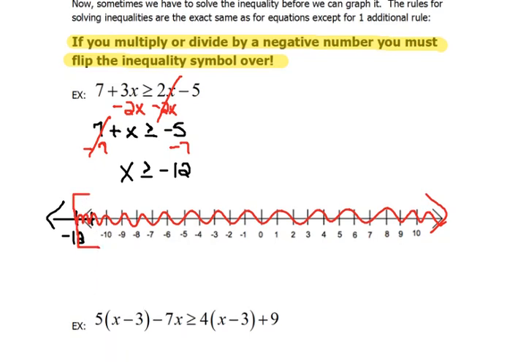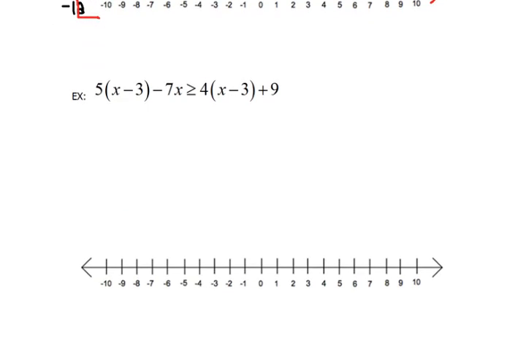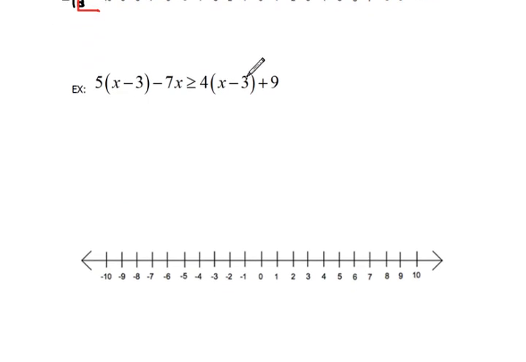Okay, let's try another one here real quick. And this one is actually much more involved. But again, our steps are the same whether we're doing equations or inequalities. The first thing we're going to have to do is our distribution. So when we do that, we're going to have 5x, 5 times negative 3 would be negative 15, minus 7x, greater than or equal to